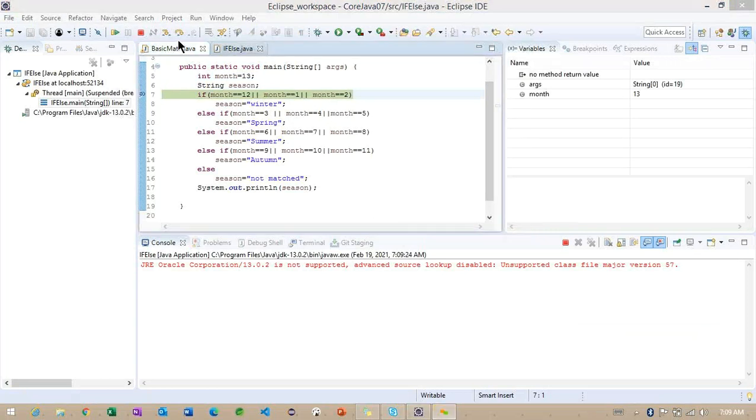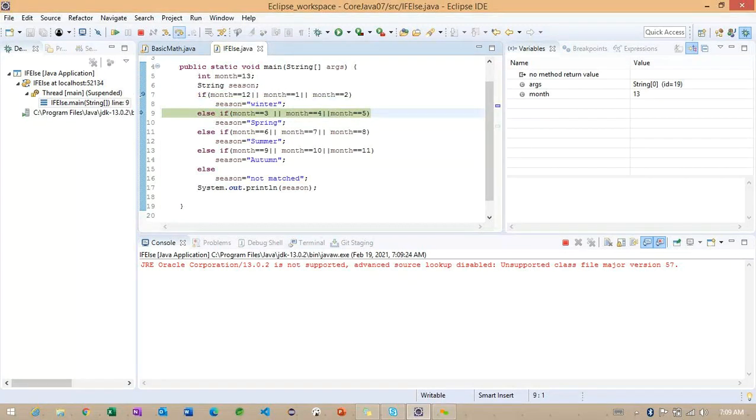So now you can check here, line by line we are going to execute the code. To execute line by line, what we can do is just press F6. F6. So carefully see, the if condition is not satisfied, it comes into the else if. Now we can check one more else if is trying to execute. So still the else if condition is not satisfied, line number 11. Now it is trying to execute line number 13.